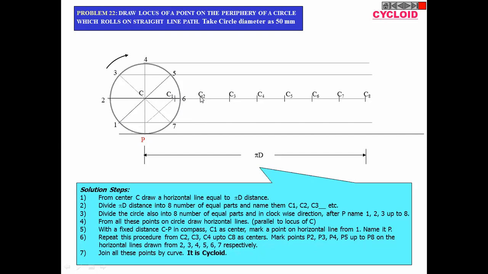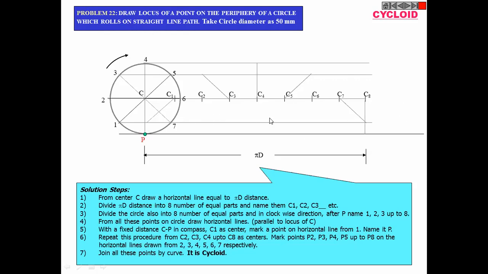Now we will move to C2. What is the horizontal line coming for C2? This only. So we will mark like this. It is already marked. It is not visible here, but it is already marked. Then we move to C3. The line coming out from 3 is this. Fine. So we have marked on this. Then C4. The line for 4 is this, so we will be marking on the top line like this. C5 again is the same line, since the 3 and 5 lines are the same. From 6 it is on this line only, so marking is not shown. And C7 to 7 and C8 to 8.